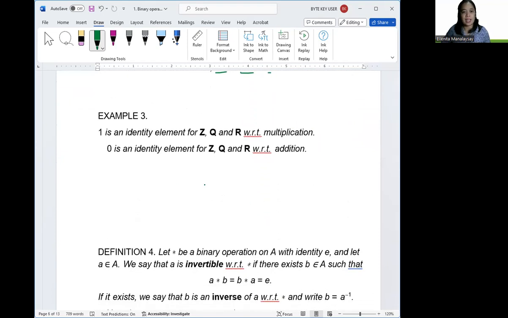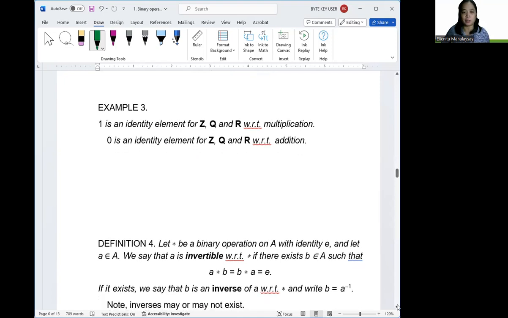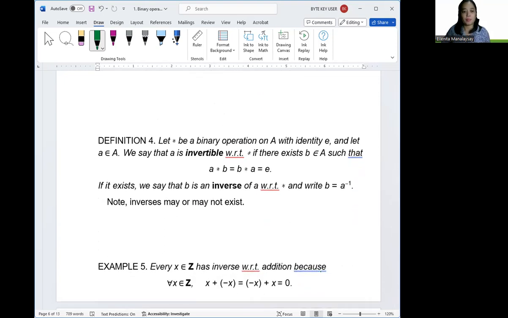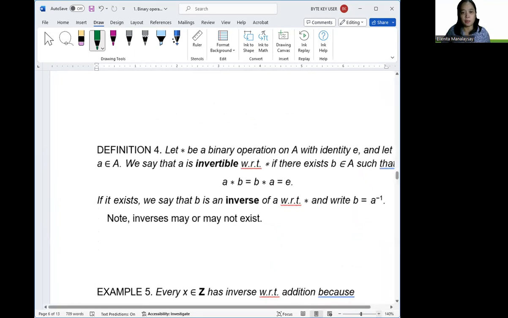So 1 is an identity element for the set of integers, the set of rational numbers, and the set of real numbers with respect to multiplication. Then 0 is an identity element for the set of integers, the set of rational numbers, the set of real numbers with respect to addition. Okay, I've mentioned that earlier. Next, let's consider